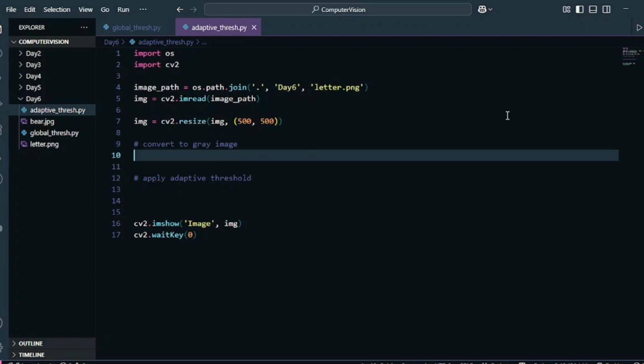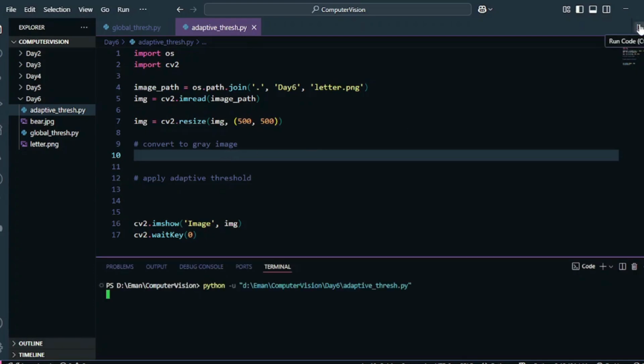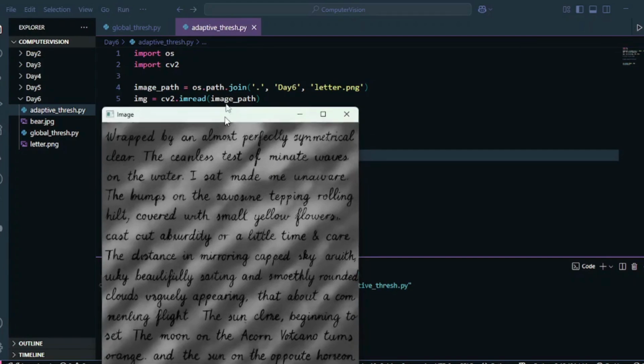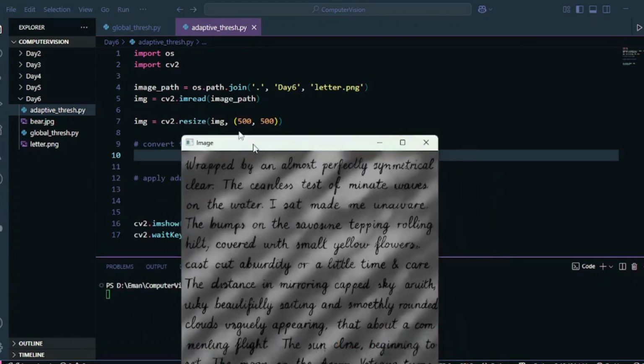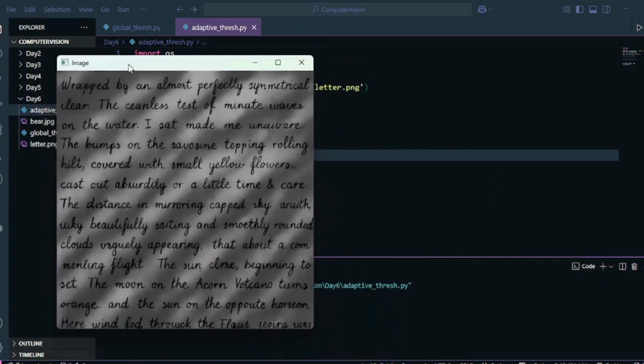Let's first see the image that we are going to deal with in this one. So the image that we are going to deal with is this letter.png. I did resize the image because the image was too large. So as you can see, we have black words written over here, we have a white grayish background, and some sort of shade is falling on it as well. So we have like 3 to 4 kinds of colors inside it. So I can't apply a single threshold value on this, right? I can't apply a single threshold value on it, because if I do, things will get messy.